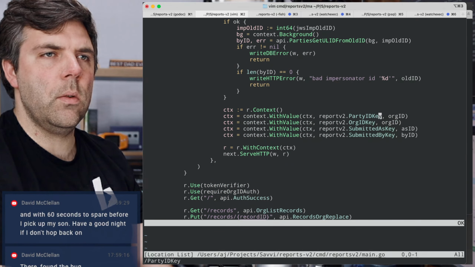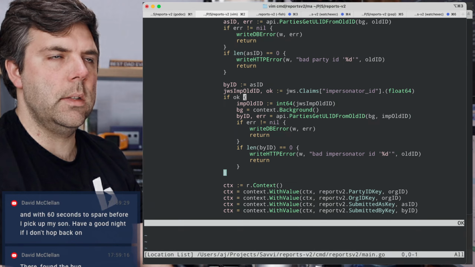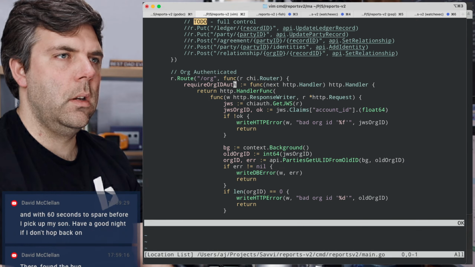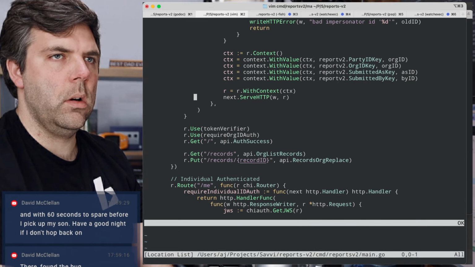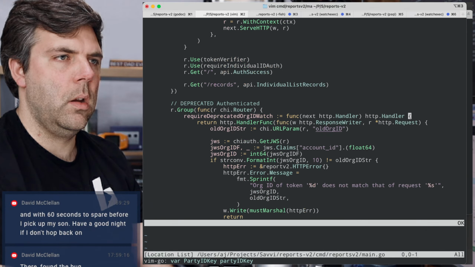Okay, let's make sure I'm using the right party ID key in the right places here. So this one is require auth or org auth, so that makes sense. Hold on. That one's, yeah, okay, so it makes sense that that's org.